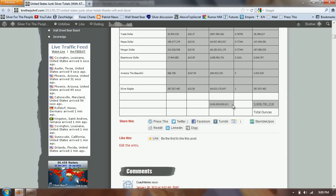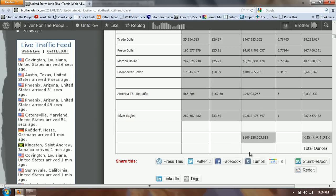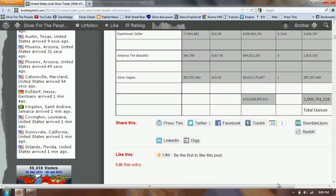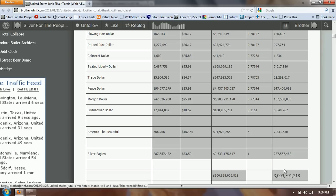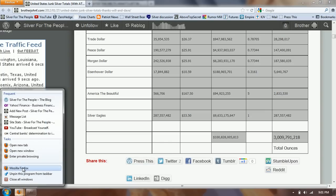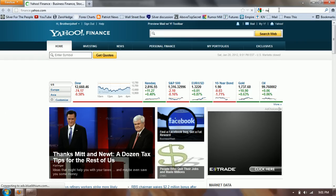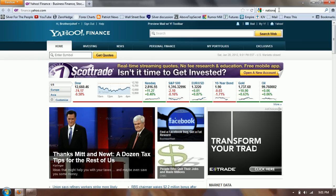So that kind of backs up my contention that it may actually end up being the case that we run out of junk silver, because so much has been melted that there just won't be any left for investors to buy. $25 billion, just to put that in perspective, and I didn't have this up ahead of time, so I'll go ahead and pull this up. If we go to the national debt clock,